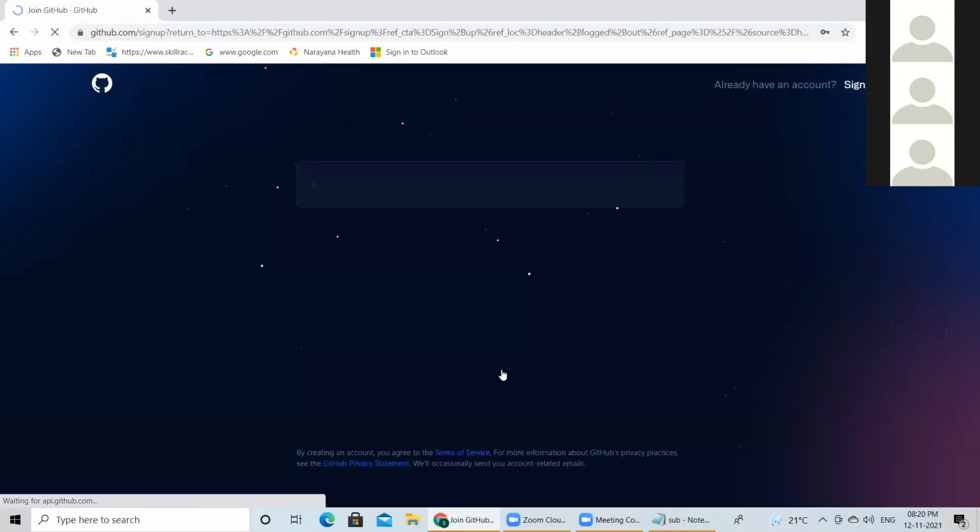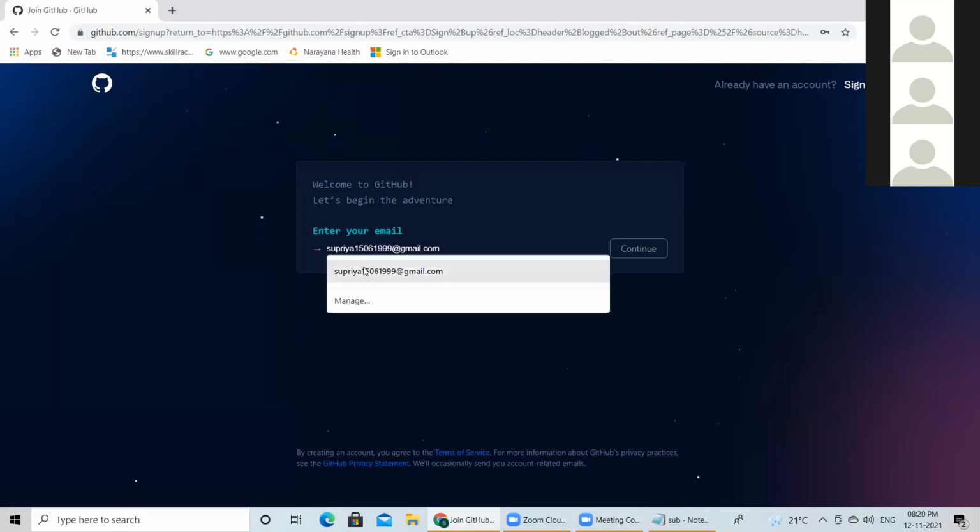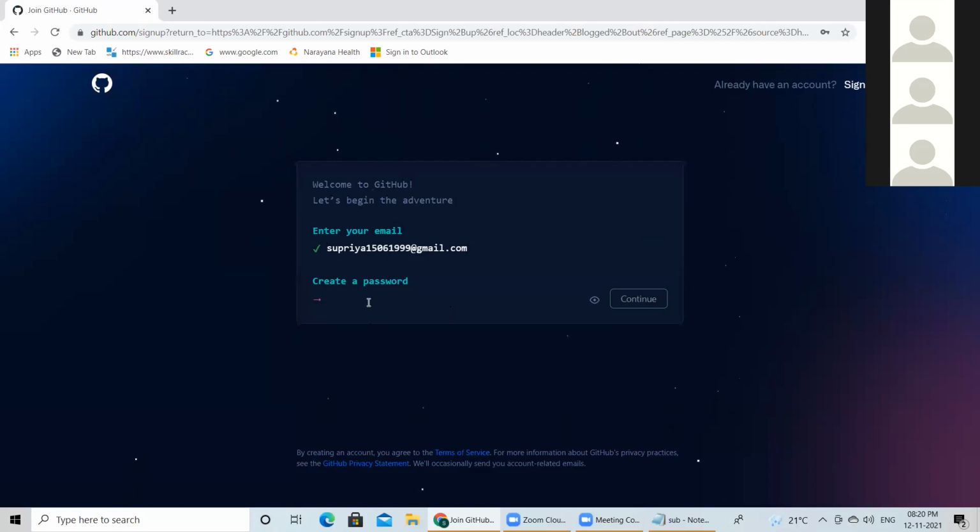Do you have an account in GitHub? Sir, yesterday I created it, sir, but it is showing here. No, I think you haven't created it, because if it was created, it would have said that the mail ID has already been used. You create it first, and then I will share the link with you. You download the code from there.